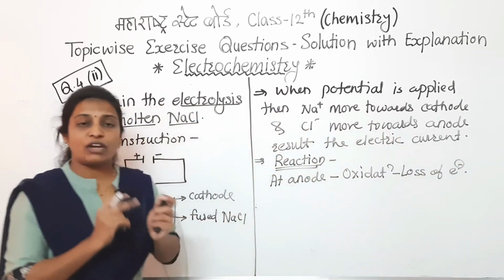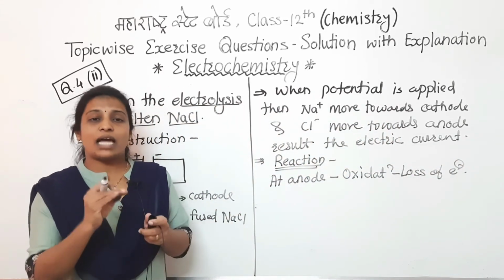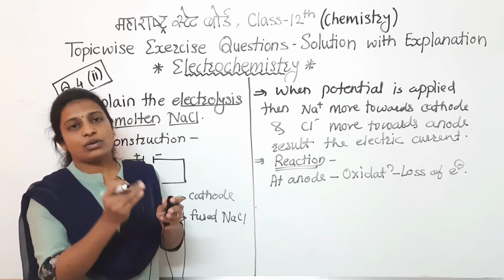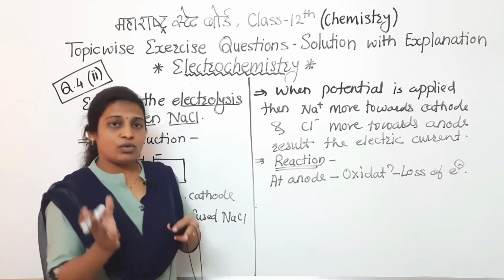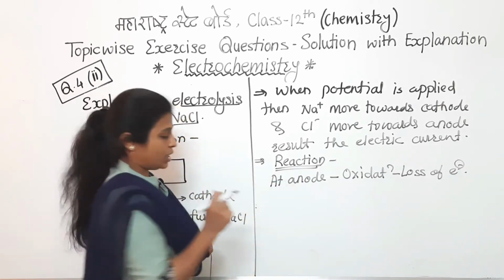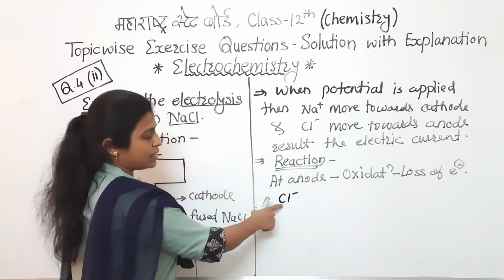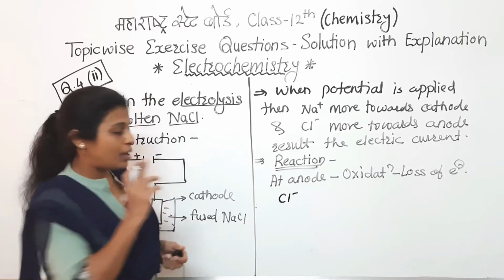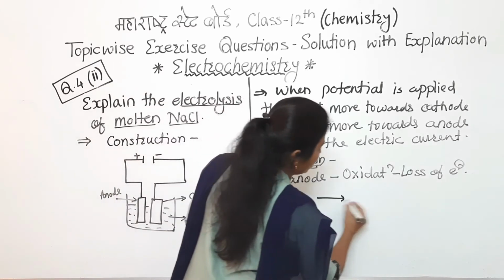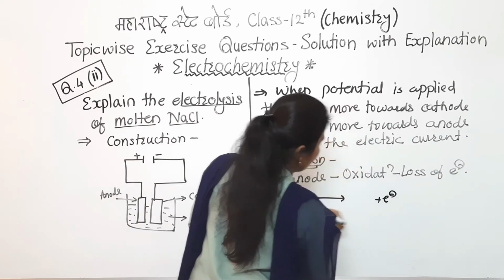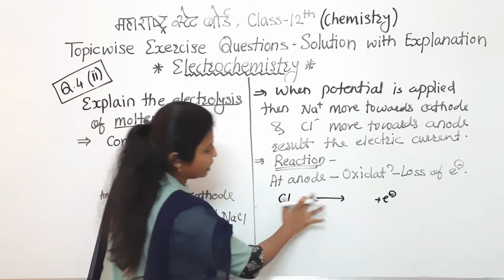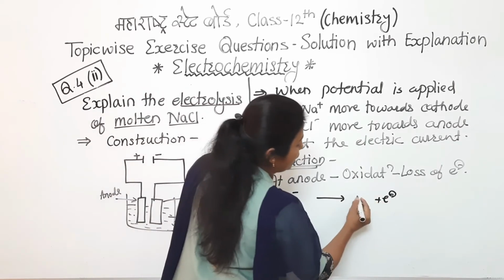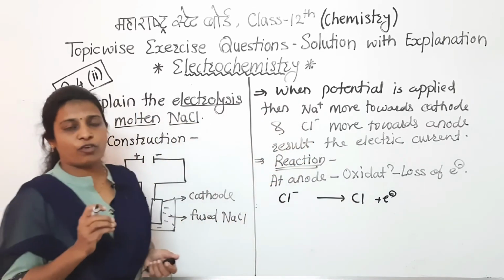Hope everyone knows that when there is a loss of electron, that will carry the positive charge, or if it is already negatively charged, then it will become neutral. What will happen? Now see here. If we consider Cl minus, that Cl carries negative charge because it already has an extra electron. But if that extra electron is lost by the chlorine, then what will happen? That negative charge will get removed and it will become only Cl. Means when Cl minus loses one electron, it will become the atomic form of chlorine.